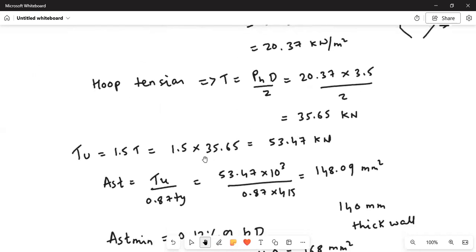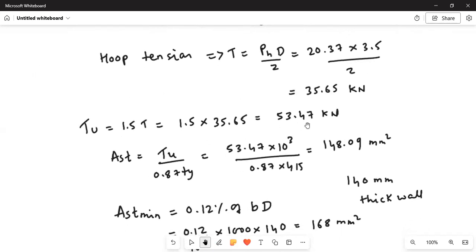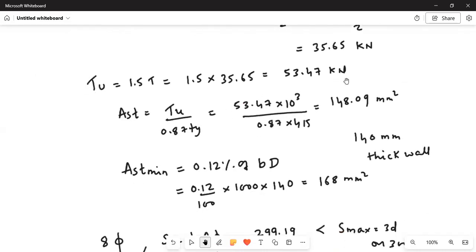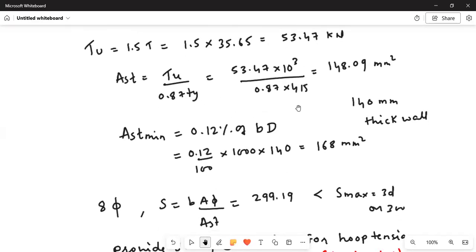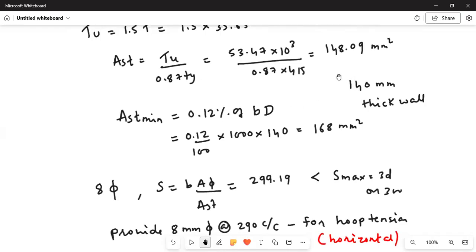Whatever hoop tension you got, you need to factor it, so T equal to 1.5 T. After getting the factored tension, you need to find the Ast. The reinforcement provided for the hoop tension will be in the horizontal direction. But you need to check that reinforcement against the minimum reinforcement,